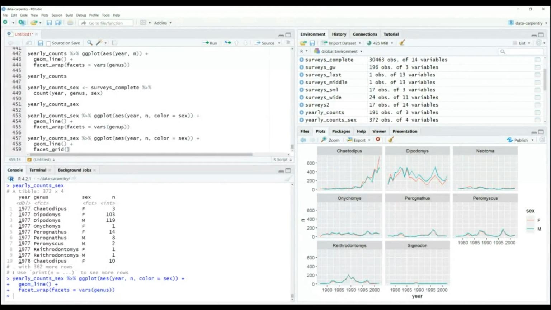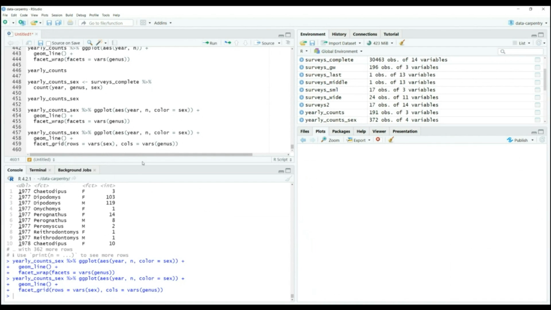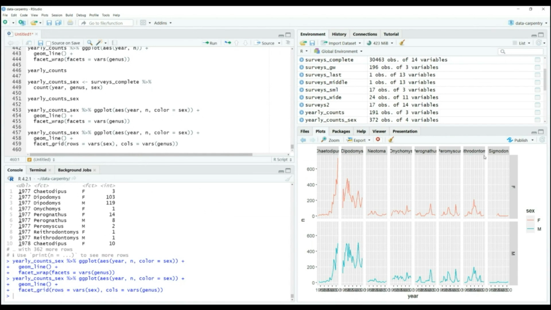What that means is that you can specify the rows that are equal to sex, and you can specify the columns that are equal to genus. So now if you execute that, okay, it doesn't look quite right, maybe you need to zoom, but you see that,